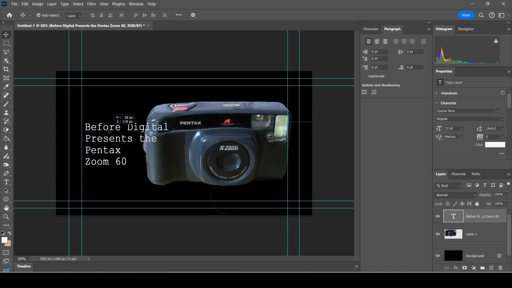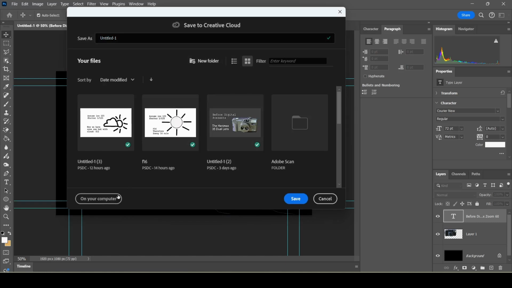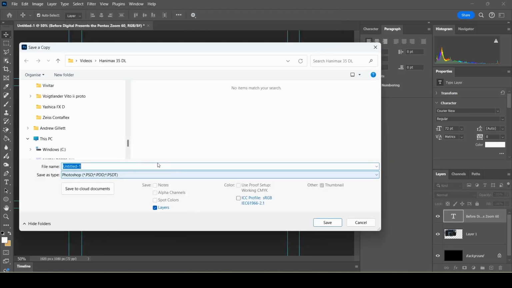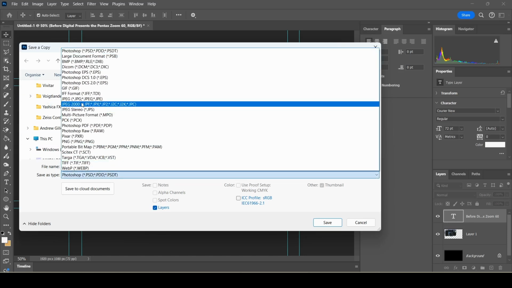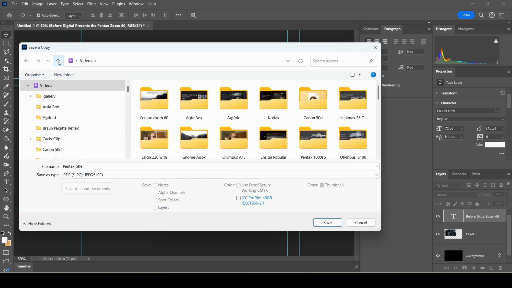And the last part of this title is I need to save it as a JPEG, and in order to do, because if I just press save now, it's going to save it as a PDF Photoshop file, and I don't want that. I need it as a copy, so I'm going to save as a copy, and make sure it's saved as a JPEG, not JPEG 2000. I want it as a simple JPEG,